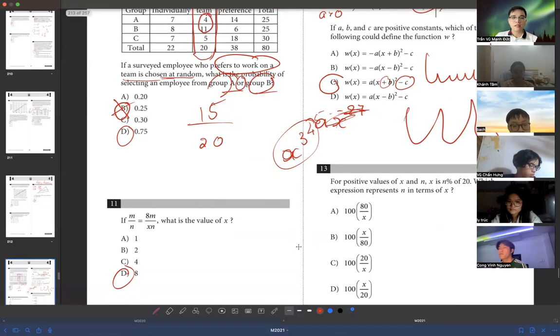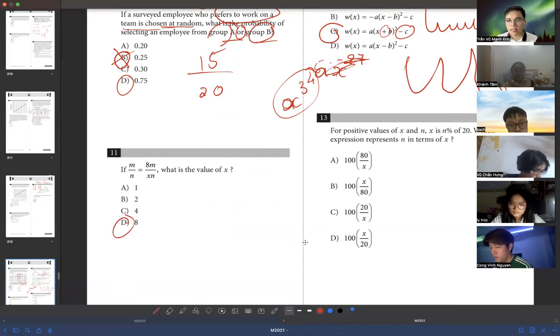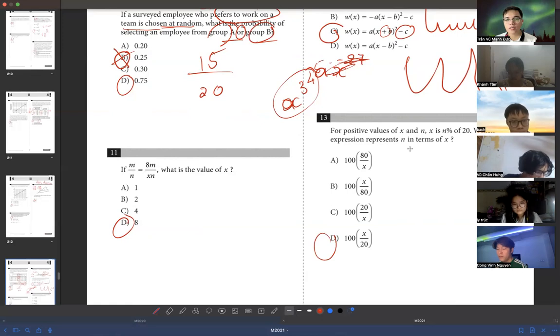Okay. Next up, 13, Ving. D. 13D. Positive value of X and N. X is n% of 20, which expression represents N in terms of X? N in terms of X. So X is n%. X times n% is 20. So which one represents N? So X times N divided by 100